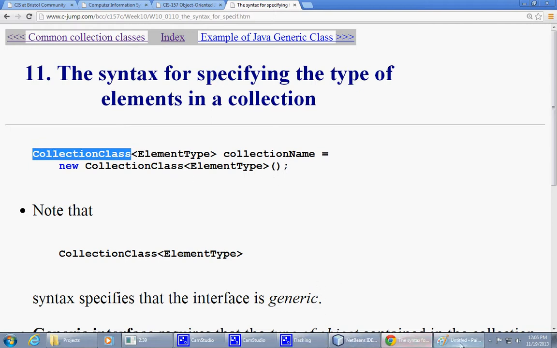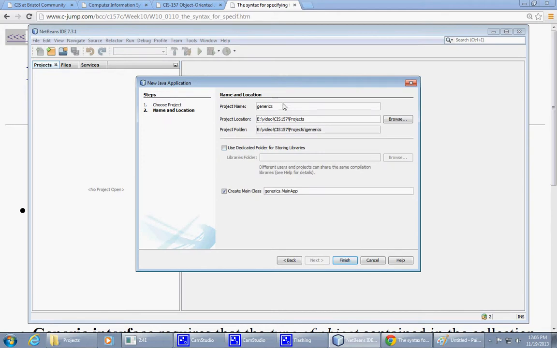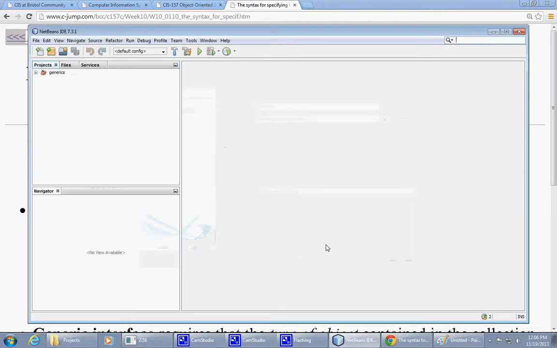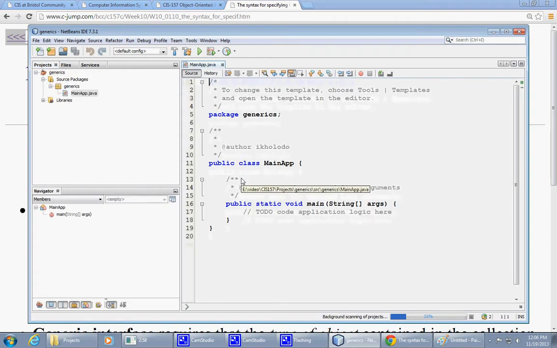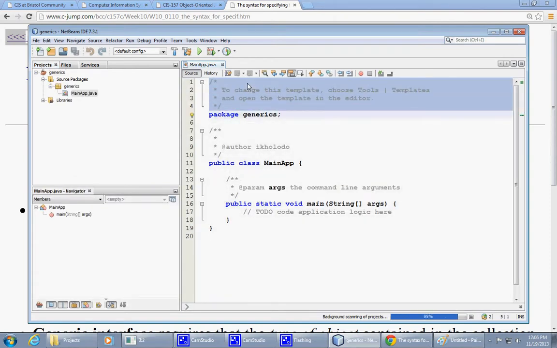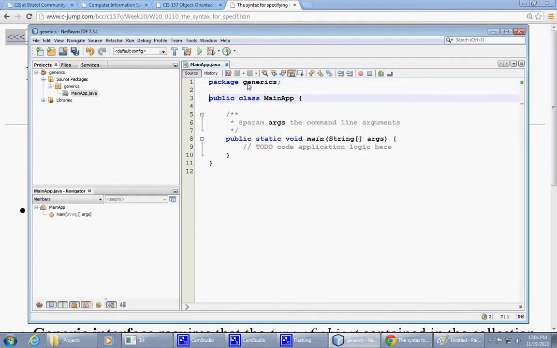Perhaps let's try it here. Let's try to create a project, I already started NetBeans, so that we can code something and see if it compiles. Again, a generics demo main app, just another simple project to test the syntax as we move along. So here we go, package generics, then class MainApp, and for example, if I wanted to create an ArrayList,